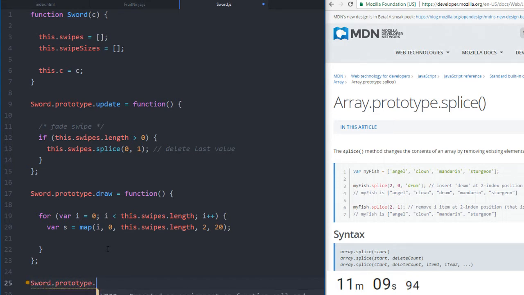prototype. You know what? No, we won't. I'll leave that up to you guys if you want to download this code and make it change color depending on what you just hit, or however you'd like to do it. You'll be able to set the color. So if I say ellipse at the